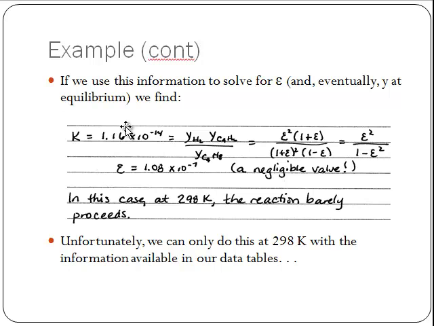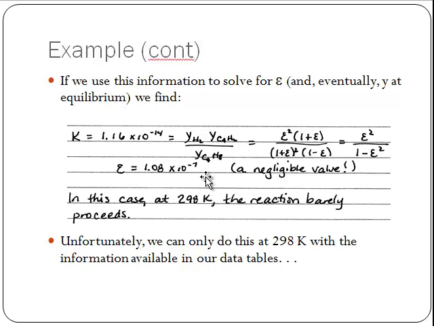So the K value that I got from using the Gibbs energy data from the data table is the y of the products divided by the y of the reactant. Now, at this point, it's just a matter of plugging in those formulas we just had there. It simplifies a little bit to epsilon squared over 1 minus epsilon squared, and I can solve this, and I got